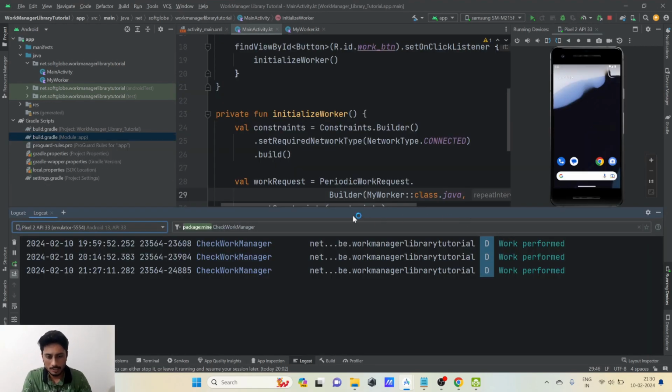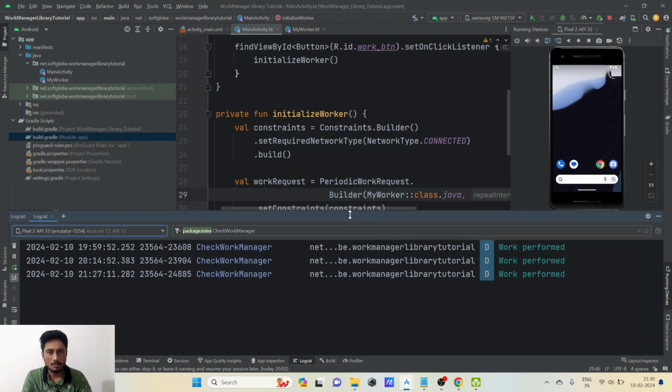Now, if you look at this logcat now, we are able to see three entries. The first one we have already seen when we clicked the button, then the first entry has been logged, and it was at 19:59, that is 7:59 p.m. The another entry, it has automatically repeated the work even if the app was closed. So the another entry was at 20:14, that is 8:14 p.m., exactly after 15 minutes. And now this third entry we are also able to see, that is the work is repeated again, the third time. But there is a huge time difference here,